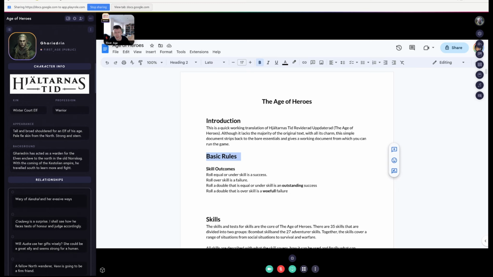The idea is that something extra good happens if you get an outstanding success, and there's an extra complication if you get a woeful failure. In combat, if you get an outstanding success, damage is taken off health and not guard. I'll show you a character in a moment. Another nice thing the game has is a health value and a guard value.